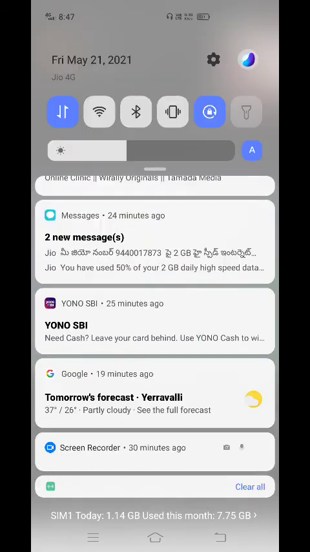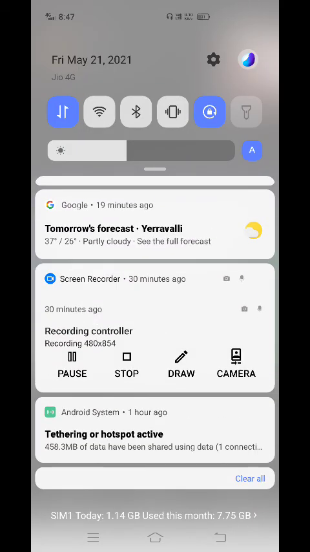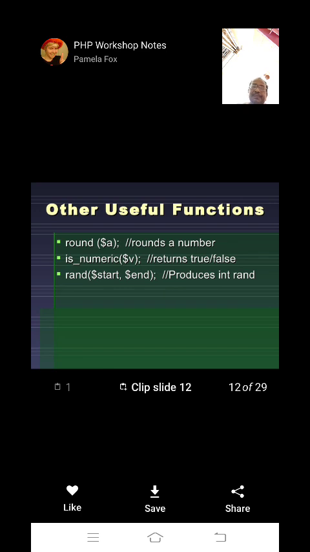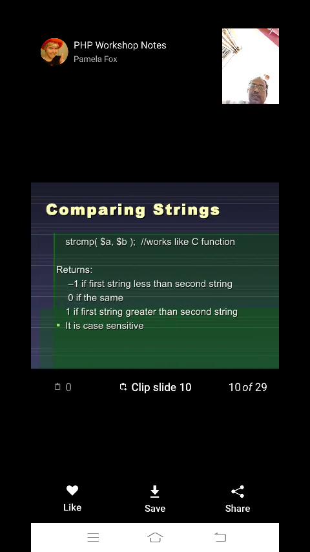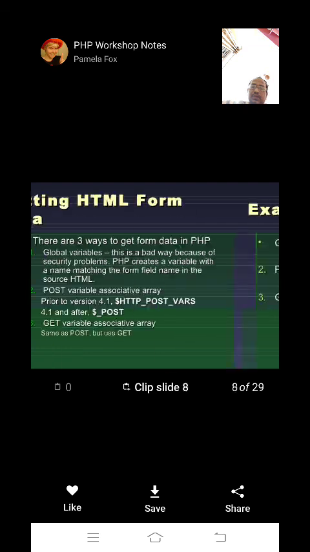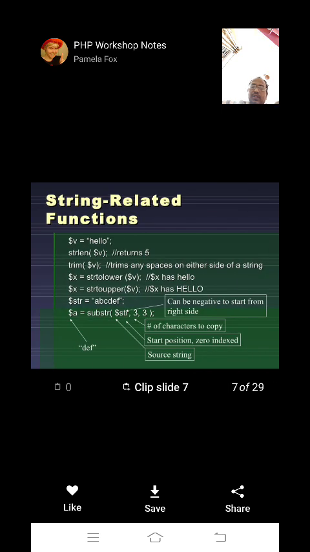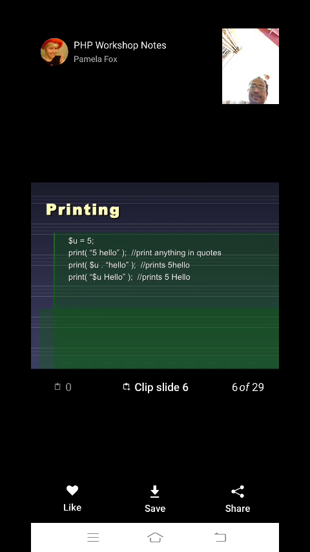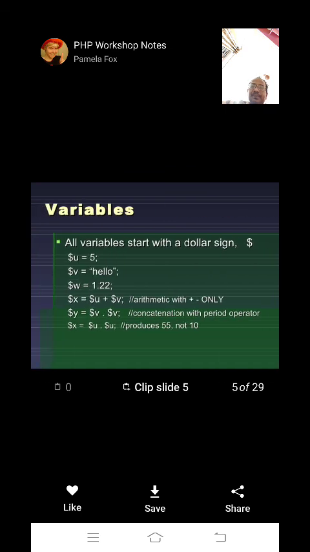Just a minute. Yes, I will scroll again. These are the printing ones. These are already completed in the last session.